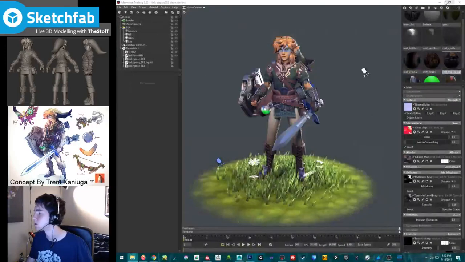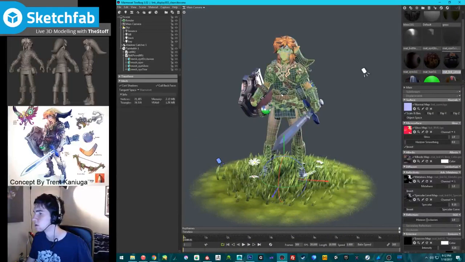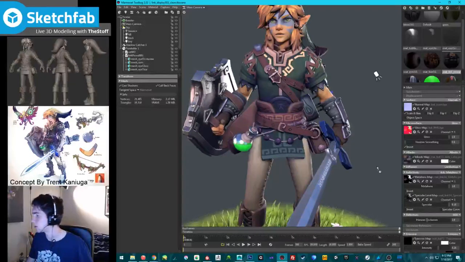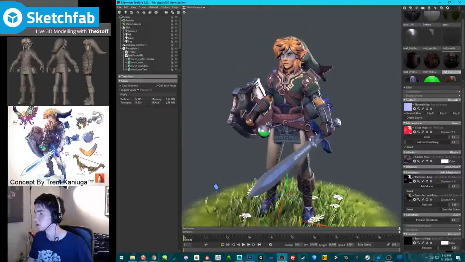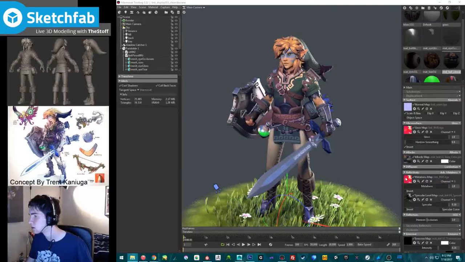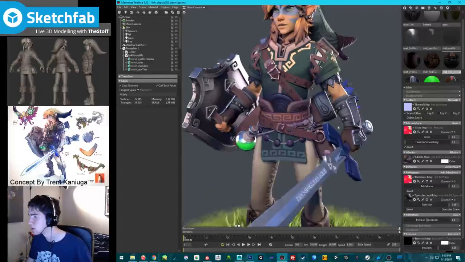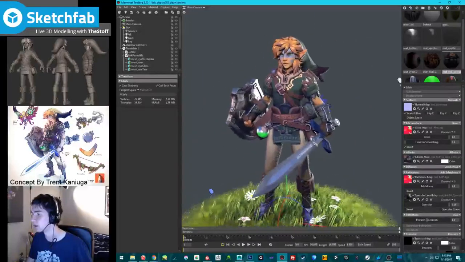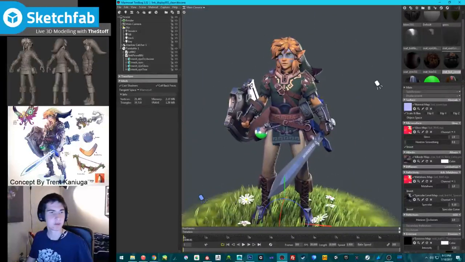Weird. Well, I guess this is a little bit too intense anyway. Oh, what? Oh, right. That's not the right texture. Yeah, I think that's better anyway. I actually kind of like that better. Because that was a little bit too heavy-handed.